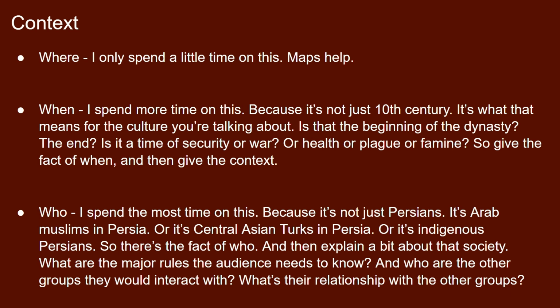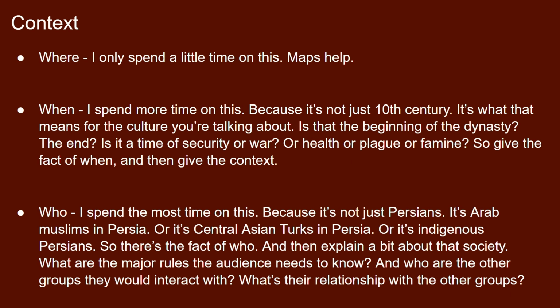Okay, it's not just the 10th century. Is that the beginning of the dynasty? And if it's the beginning, have they just come to power? Are they stable and secure in their power, or are things a little shaky yet? Is it the end of the dynasty? Are they being besieged on all sides by people trying to take over? Is this the golden era of your dynasty? Is it a time of war? Is there a plague? Is there a famine? Is there a drought? What is actually going on during this time frame? Give them a couple of facts, just a sentence or two, and that's enough to make that reference to a century more meaningful for them.